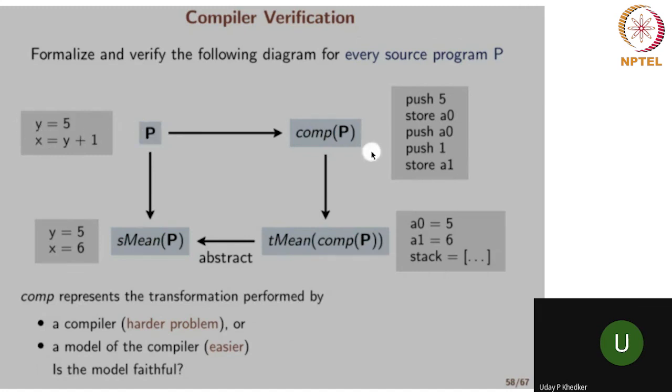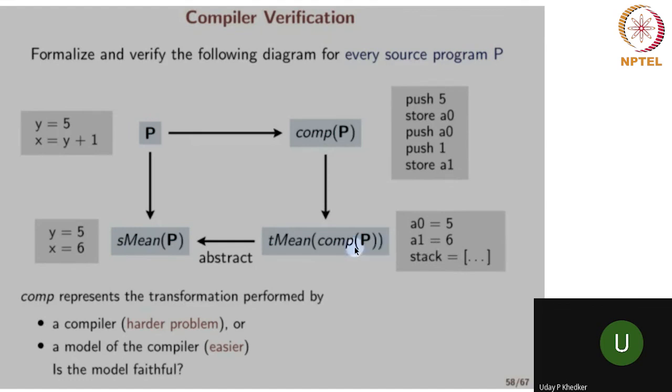That's our program. And let's say compilation is on a stack machine, a Java bytecode like thing. So we push 5, and then we store it in A0, and then we push A0, and then we push 1, and then I forgot an add instruction here. There should be an add instruction. We push 1 and then store at A1. So the meaning of this is A0 has 5 and A1 has value 6, and there is a certain stack